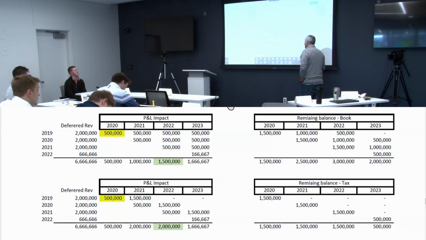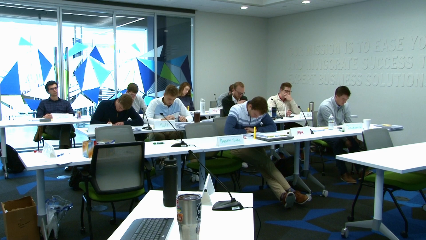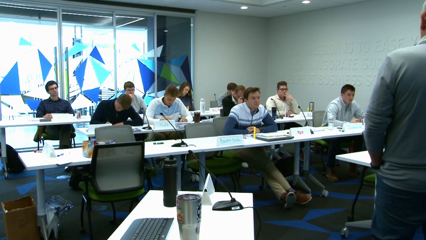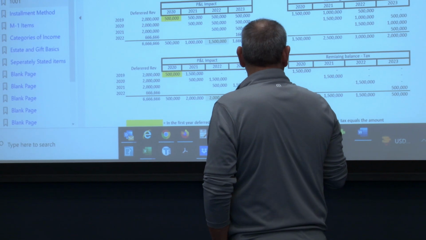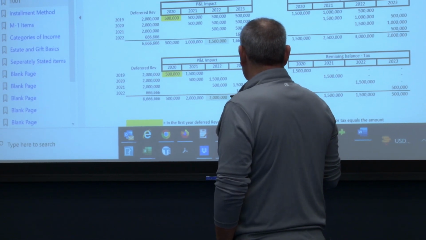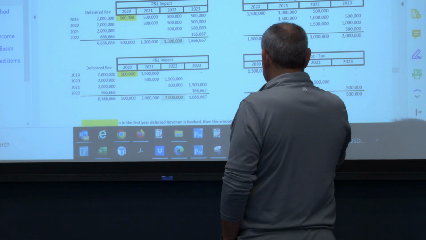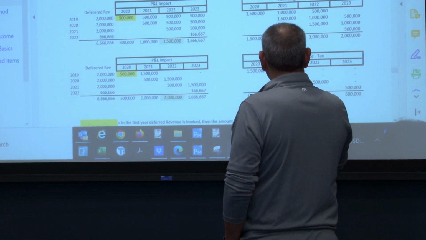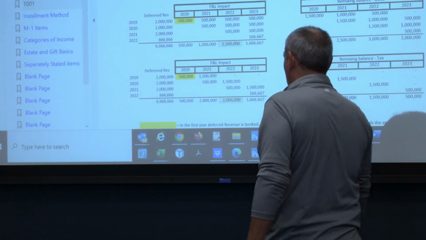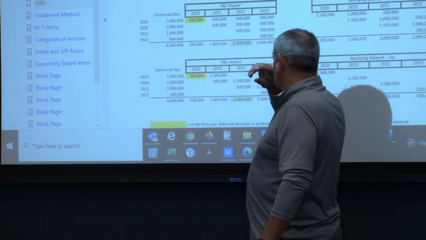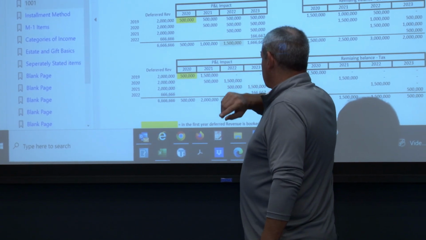Okay? So the rule says that I have to recognize an amount for tax equal to what was done for GAAP in year one. Okay? And what year are we in? I assume 2023? Maybe? We're in 22 at the top. Might be 22? Yeah. Okay, so yeah, it's 22. Has to be. Okay? So for